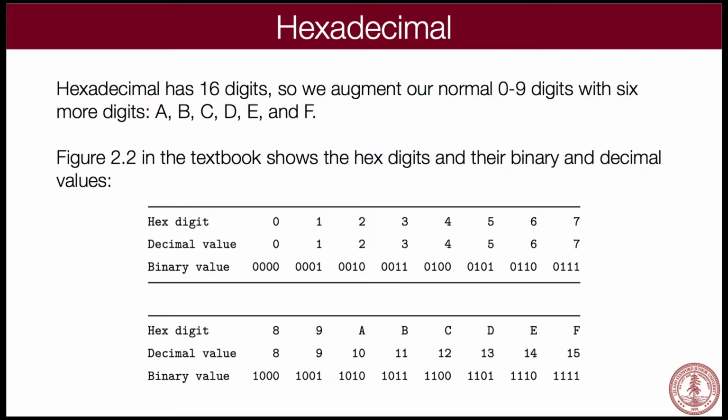Now, why aren't they other digits? Well, we don't have any other digits in the alphabet or the base 10 number system, so we go with A through F. Okay? Here's how it works out in the computer, or on the translation level. If we have hex digit 0, that's just 0 in both binary and decimal. And then 1, 2, 3, 4, 5, 6, 7, 8, all the way up to 9 are exactly the same decimal to binary. Okay?